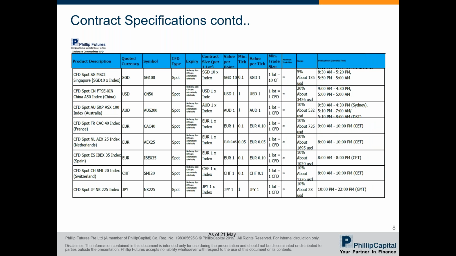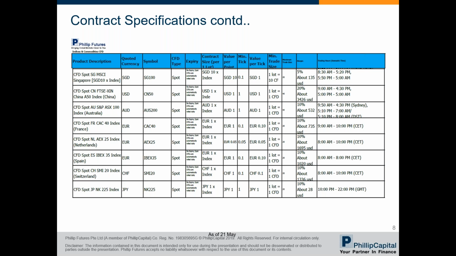Let's take a quick look at the other contracts. Next, we have the MSCI Singapore Index CFD. The point value is different at 10 Sing dollars per point. Currently, SiMSCI is about 352 US dollars, so that would mean the contract value is about 3,520 Sing dollars, out of which you need to come up with 5%, which is 135 US dollars, to start a contract. Smallest tick movement 0.1 equals 1 Sing dollar.